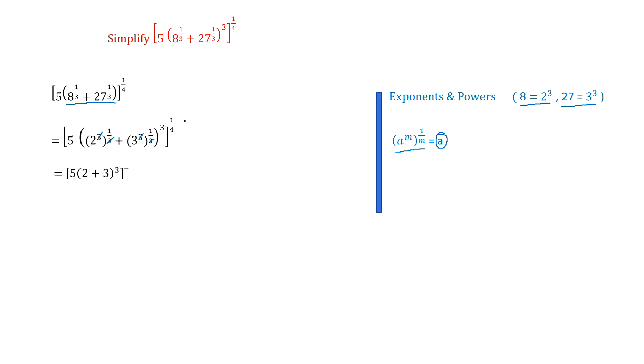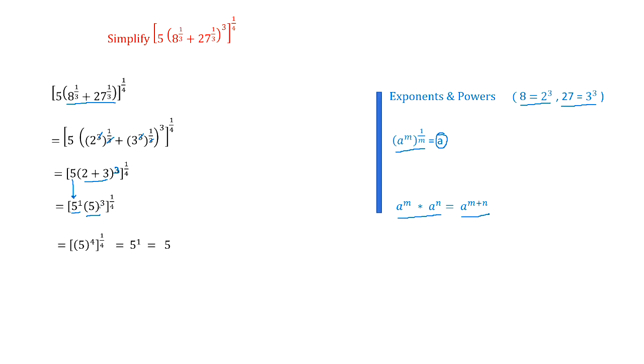So let's look at the next step. So as I said, 2 plus 3 is left in the bracket, whole power 3. So 2 plus 3 is 5. So we are left with 5 power 1 and 5 power 3. So we will use a power m into a power n, which is a power m plus n. So 5 power 1 into 5 power 3 will be 5 power 1 plus 3, which is 5